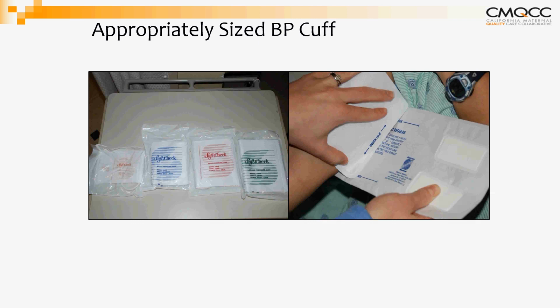The other thing that's really important is also to ensure that you have appropriately sized blood pressure cuffs. Some facilities may have automated blood pressure machines. It's still really important to make sure that you have different size cuffs, because as you know, we're not all the same size. And if you have the wrong size cuff, again, it's going to cause the wrong reading, and again, can lead to either missing something that would be managed, or masking what could be really a severe range blood pressure or an increased blood pressure.